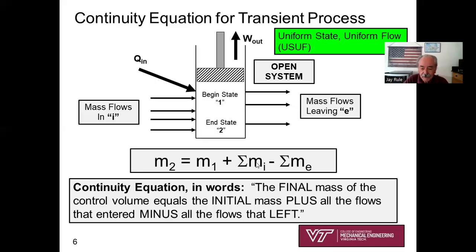Plus, if mass is coming in, you'd have to add the mass that comes in to M1, wouldn't you? But when mass is leaving, you'd have to subtract mass from M1, and that's what enables you to calculate M2. So we have just derived by common sense 101 a statement of continuity for this type